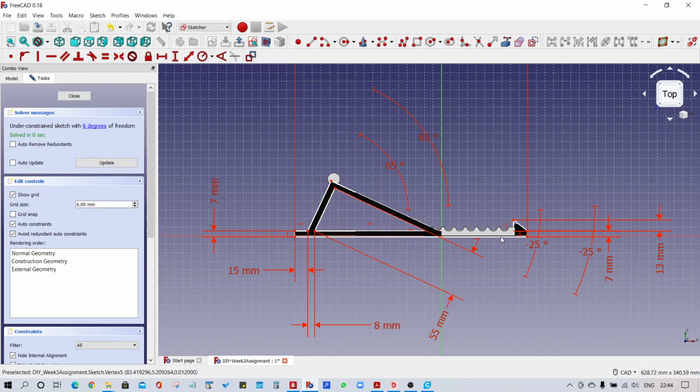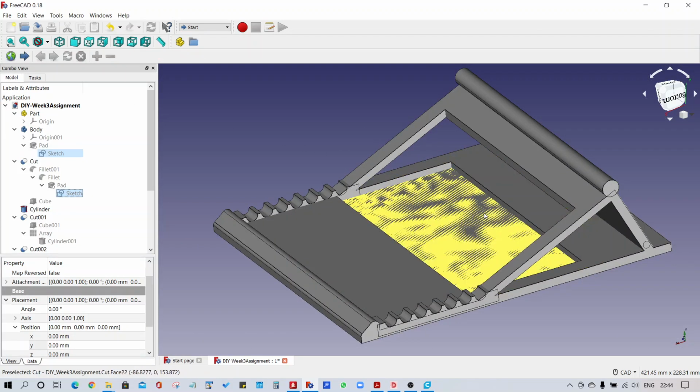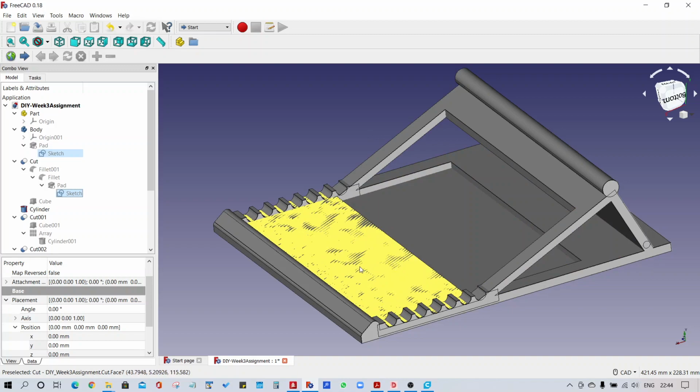An end support has been provided in order to place the ends of the keyboard. The angles of 65° and 25° can easily be changed by moving the sliding part as per the convenience of the user. This sketch has then been padded in order to give it a desired shape by a height of